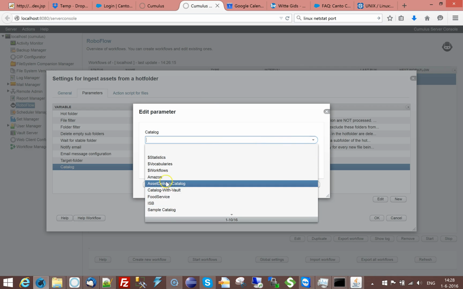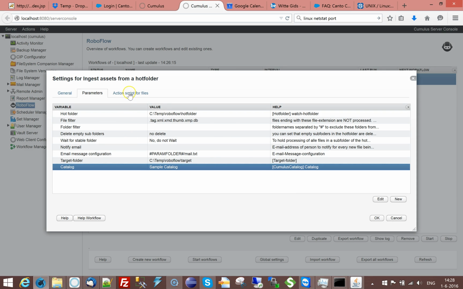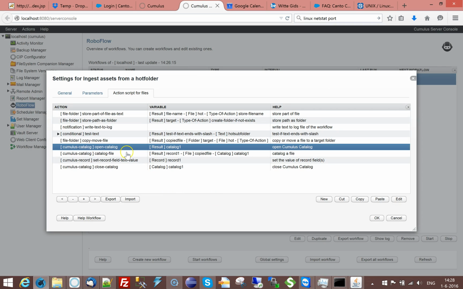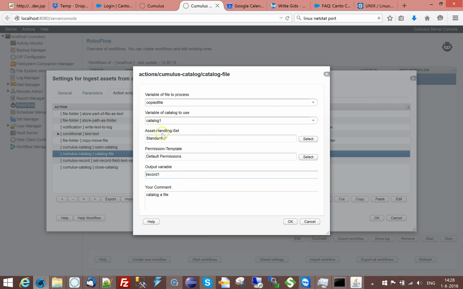And then I can say I want this in the sample catalog. And in my script I use hash. This hash thing to pick up variables is just because I'm lazy. The hash does not work in a drop down because it expects you to select, so I have to do this copy paste thing. So another thing that I would usually do is not put in the asset handling set here hard coded, because again, when a script becomes a little bit bigger, it's very hard to find your way of what special elements